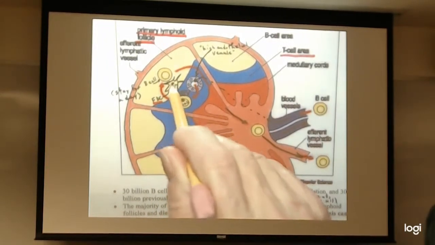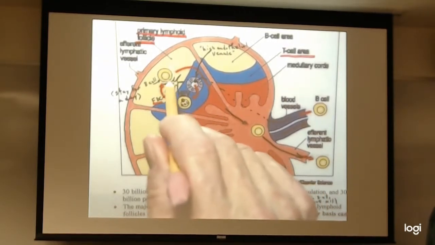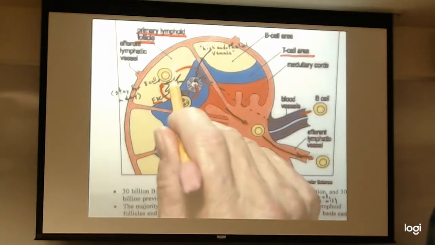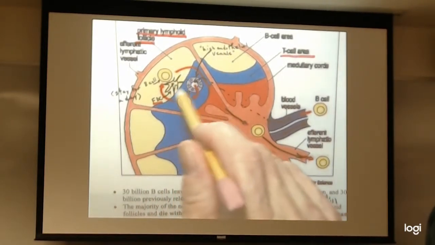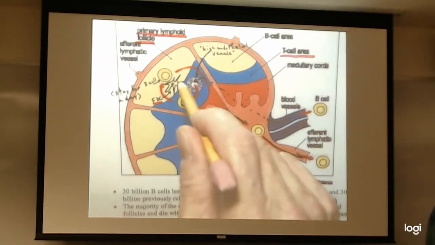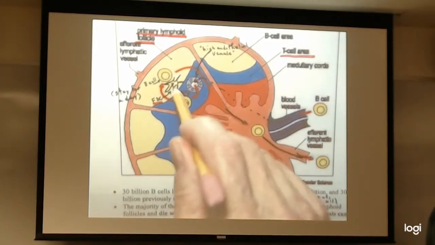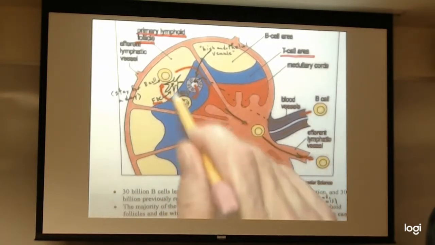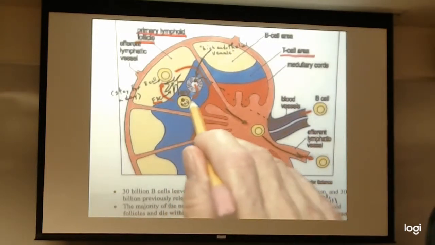This is a different kind of dendritic cell. Okay, it's not the specialized antigen presenting cell. But it does present, it has a different developmental history. But it does express antigens on its surface, it can. But one of its main jobs here is to provide survival factors to B cells that make it into the